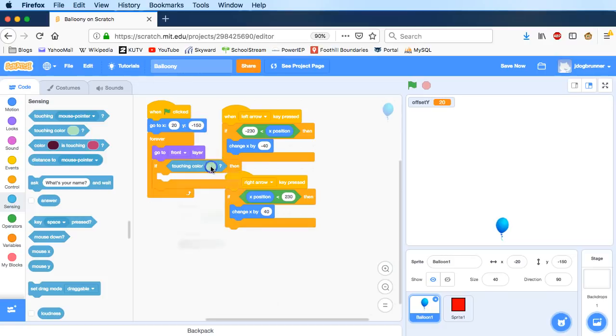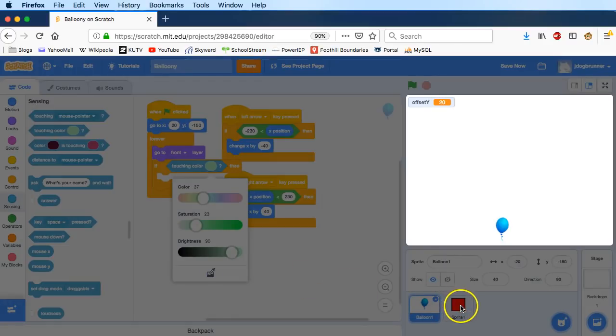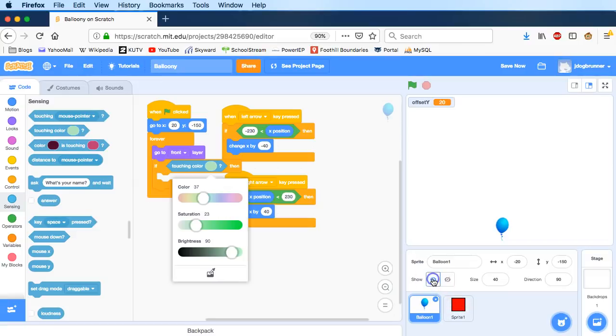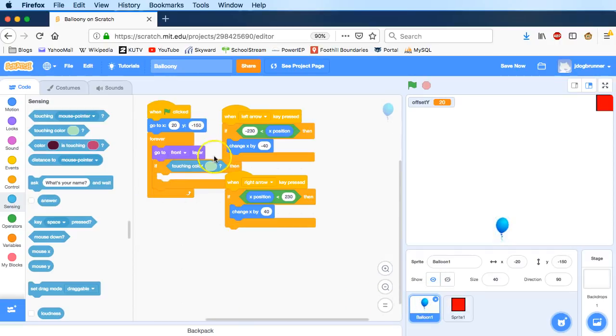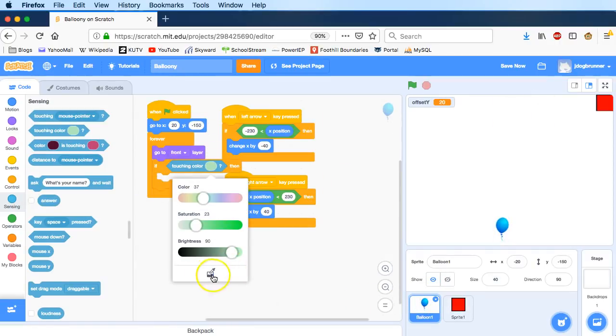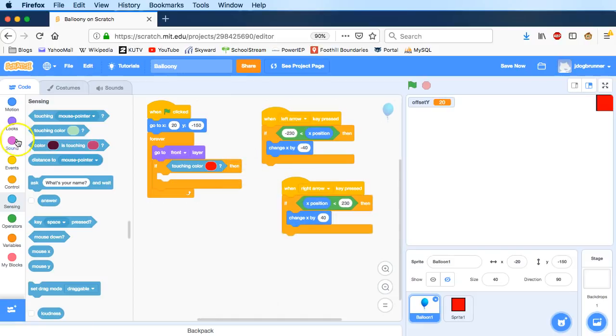If touching color, because you want to be able to use the eyedropper, take a sample of, oh, that's not going to work. Let's make it visible. There it is. Come back to the balloon, touching color. We want that red right there. And you can't do that when the program's running. That's why I had to fiddle around with making that visible again real quick. Turn that off. Okay, if the balloon touches red,